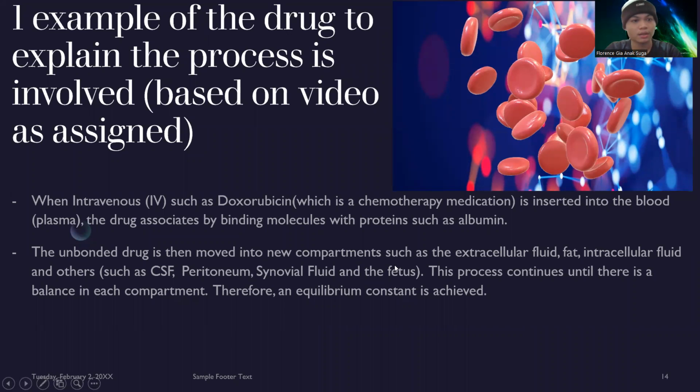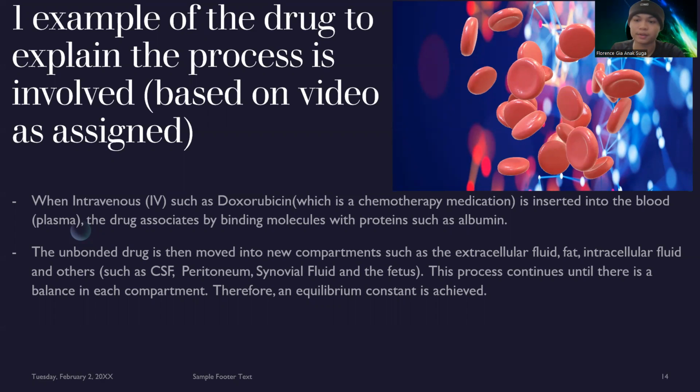So based on the video as assigned, the example of the drug would be intravenous. Let's say an intravenous drug such as doxorubicin, which is a chemotherapy medication, is inserted into the blood plasma. The drug associates by binding with proteins such as albumin. Then the rest of the unbound drug is removed into new compartments such as the